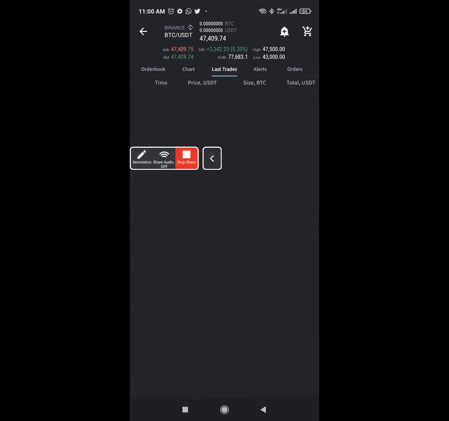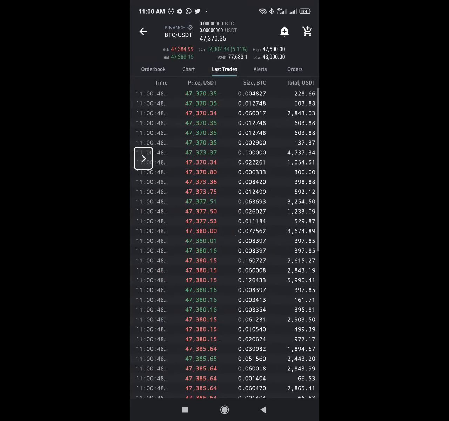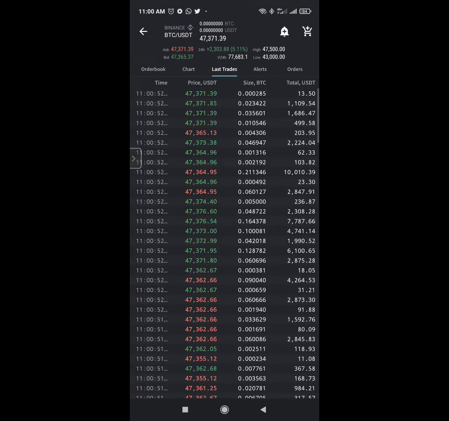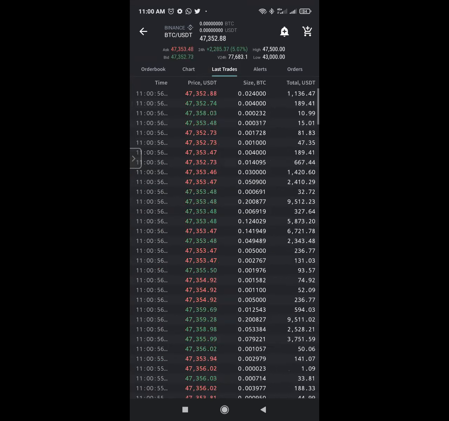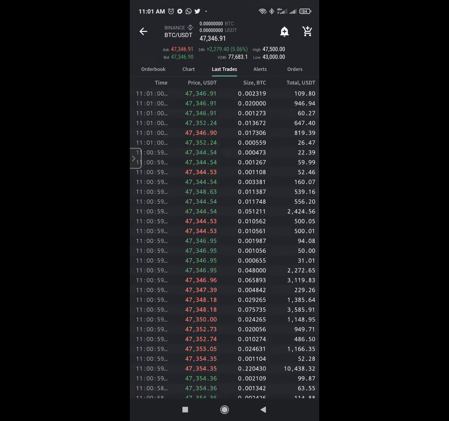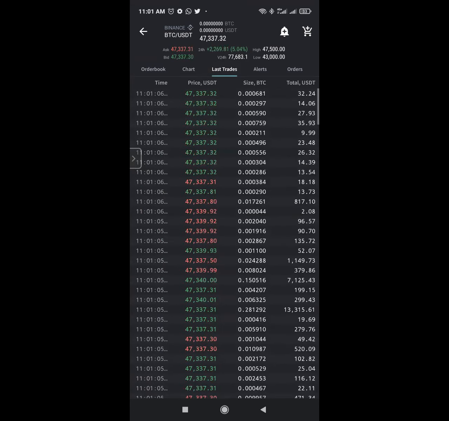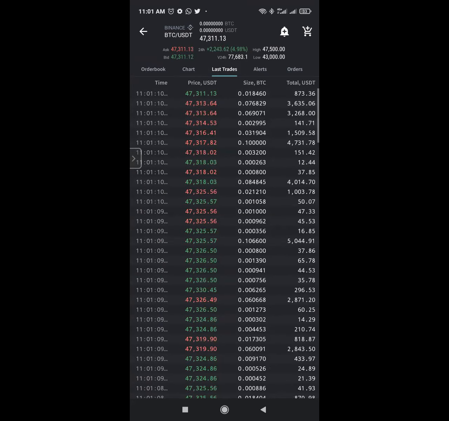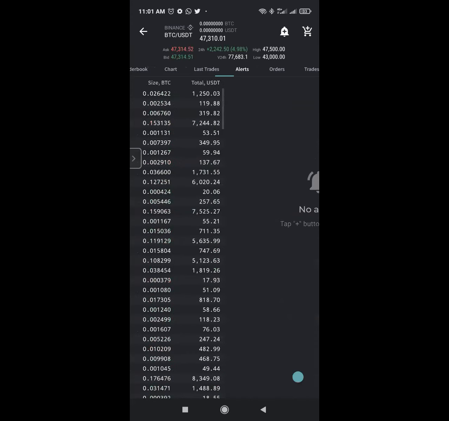So for this part, last trade, it is self-explanatory. It means the last price of the last trade that people made on BTC. So people that are buying and selling, the trade they are making is reflected in this part. The next part is